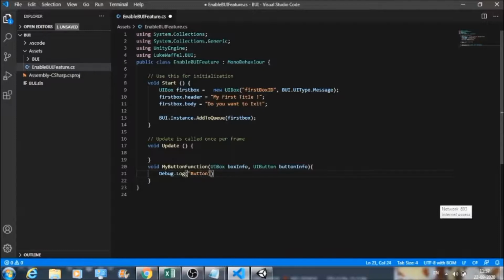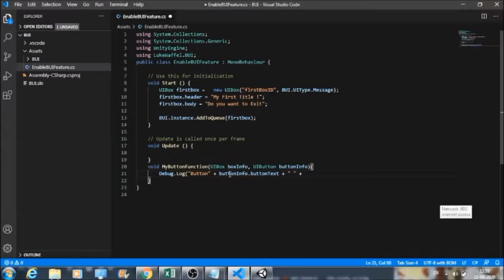Button, plus, okay, I'm facing some issue with my keyboard, I think. Yeah, so after this, button info dot button text. This is what I want to get reflected.